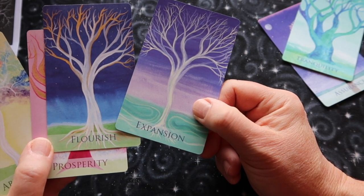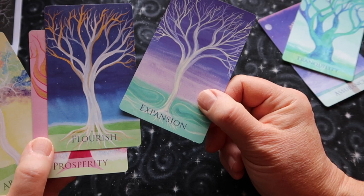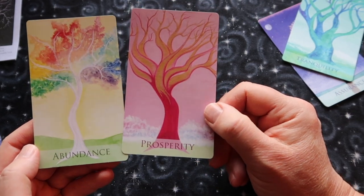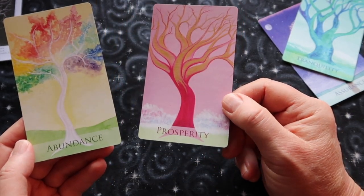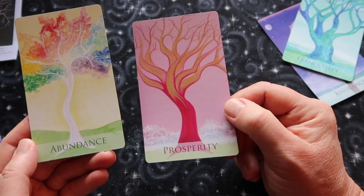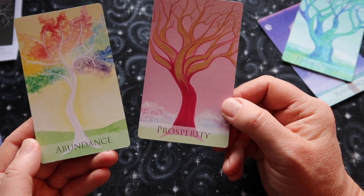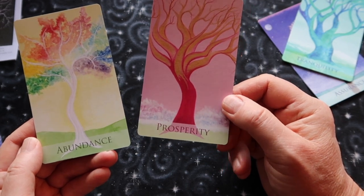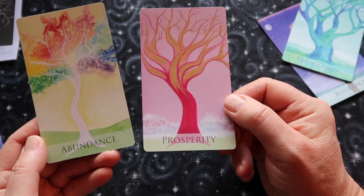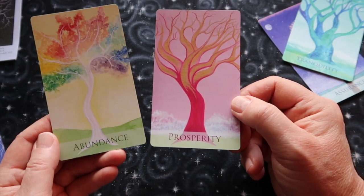But the language, the associations with astrology or with different teachings that you are familiar with, it might feel different. And then we have abundance and prosperity. So what is the difference here? This one to me speaks of first chakra type of prosperity. So this speaks to pentacles in every way. So everything that is manifest in this world. So money, house, anything to do with what we have that we can see with our eyes. And then we have the red connecting to the root chakra. So that feels like a strong pentacles card,